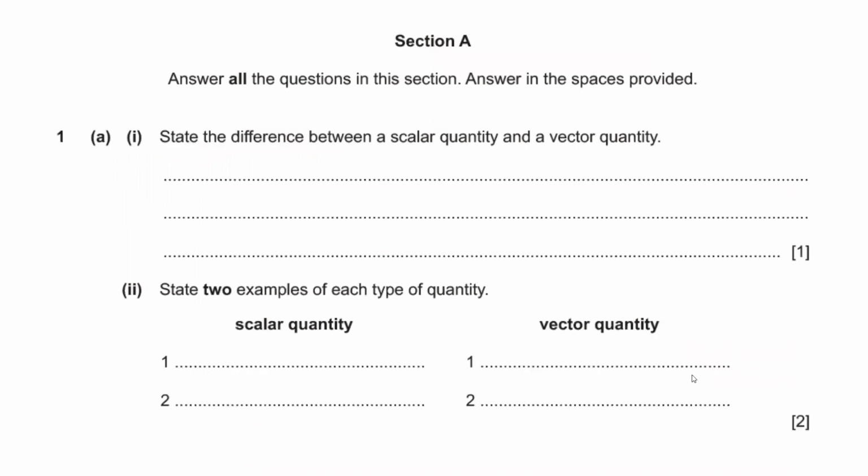The first is section A. So we have to answer all questions in this section. For the first question, it states: state the difference between a scalar quantity and a vector quantity. So we remember that for a scalar